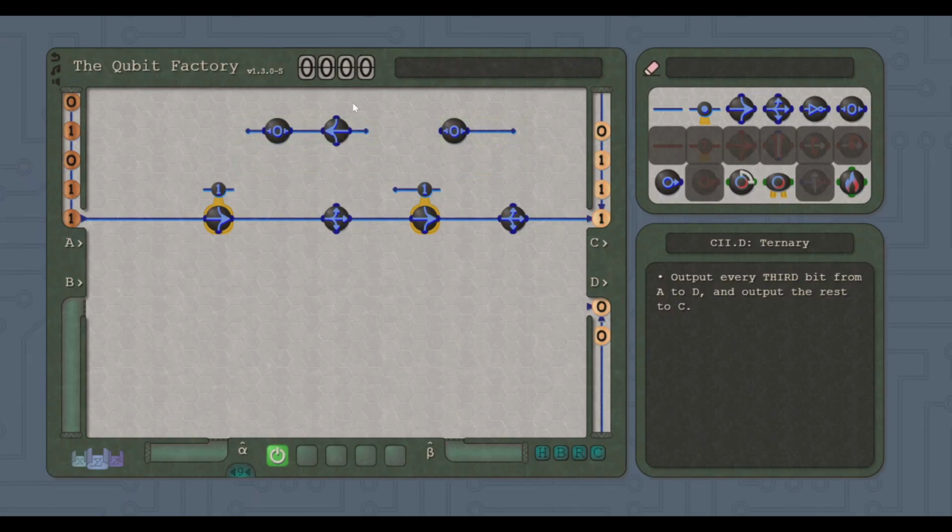I don't think I'm gonna have enough space above. I mean, I can always shift it down if I have to. So my thinking was that we have like